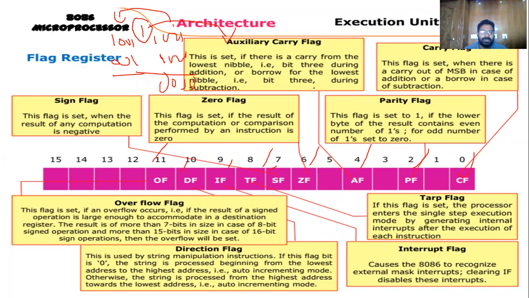Whenever you perform a subtraction instruction or some instruction and the accumulator is completely zero, that is shown by the zero flag. You know the sign flag and signed instructions. Whenever you perform signed binary operations, signed instructions, addition, subtraction, multiplication, then out of the 16-bit register, look at the most significant bit, the MSB. If the MSB is equal to 1, that is a negative number. If the MSB is equal to 0, that is a positive number. That is shown by the sign flag register. Then there are the trap flag register, the interrupt flag register, the direction flag register, and the overflow flag register.